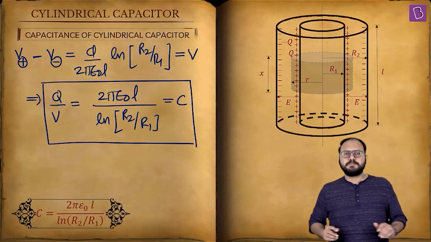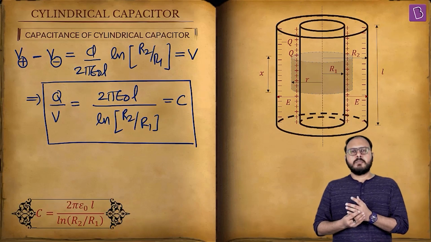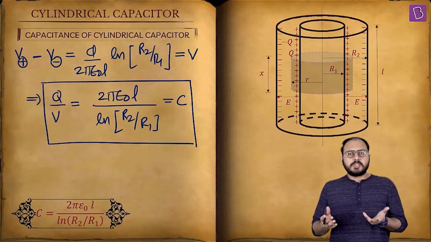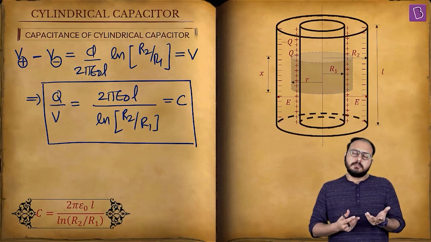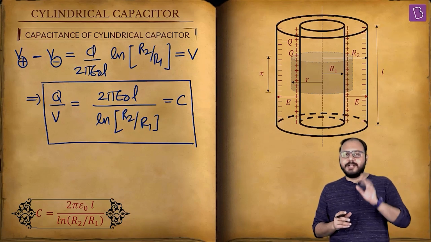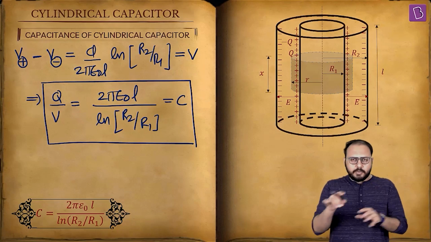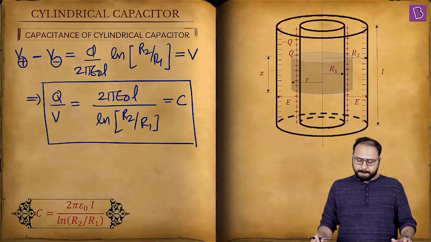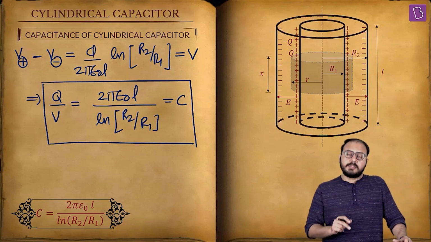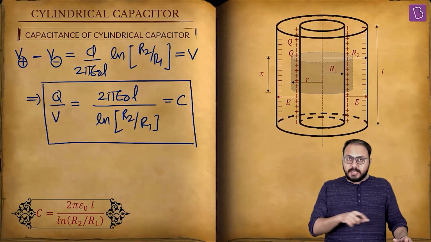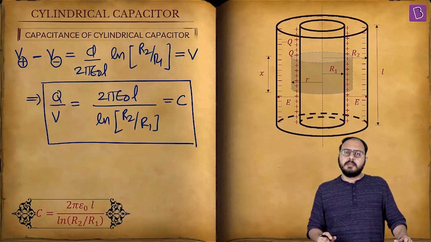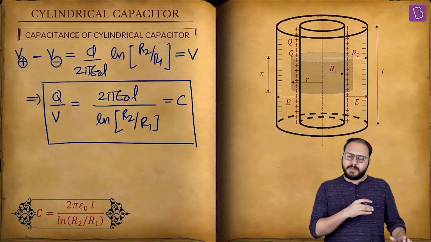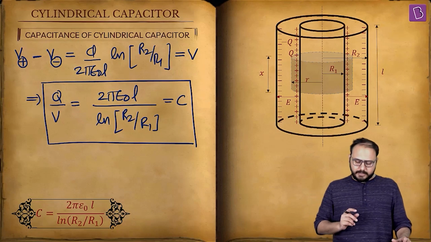I think I'm right. Chill, relax. Easy. What's the modus operandi? Find PD. Then that PD will for sure contain Q. Then do jumbling and create Q by V. Then whatever it is represents capacitance. Remember this. Don't memorize this. Remember the derivation, because there is a shortcut coming. Not a shortcut, there is a union of concept coming, which is applicable to any capacitor. Okay. Let's go.